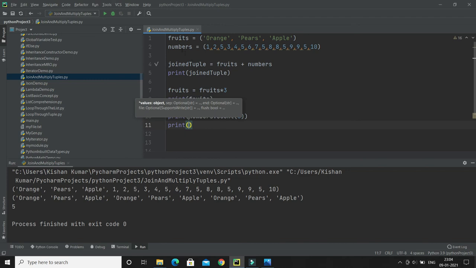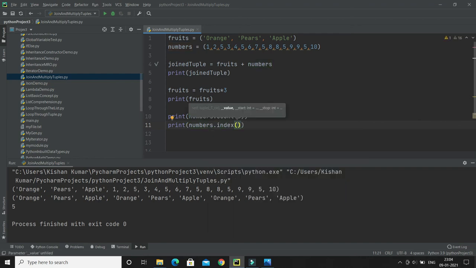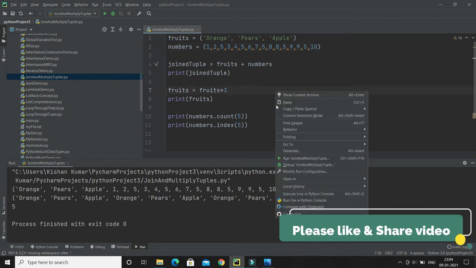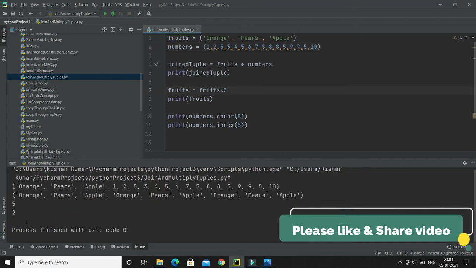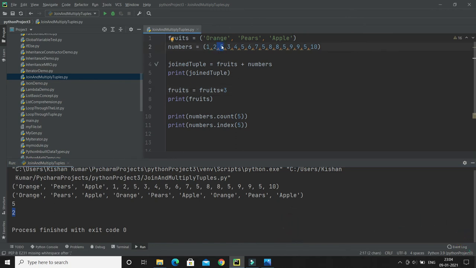So let's say I search for the index of 5 again. The first occurrence of 5 exists at position 2, counting 0, 1, 2. So it will return 2. It just returns the index of the first occurrence of the specified element.